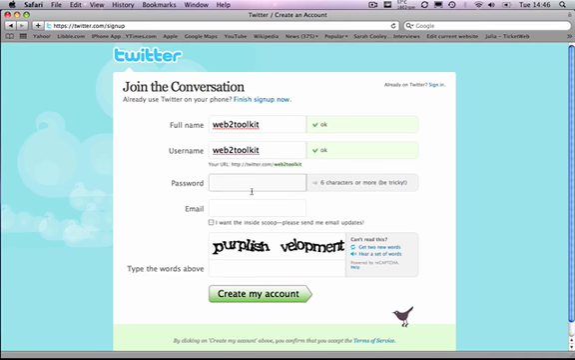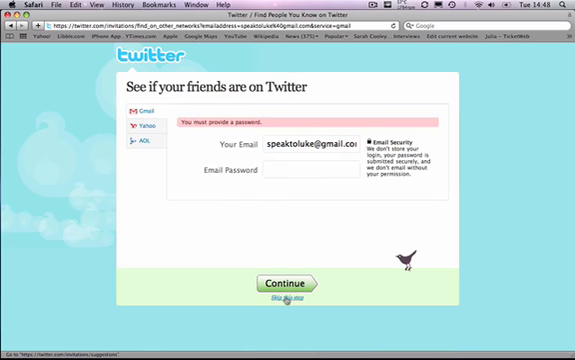Then enter a password. Again, this is something you should be able to remember, as you'll need it later to access your Twitter account. You can see if any of your friends are already using Twitter by importing your email